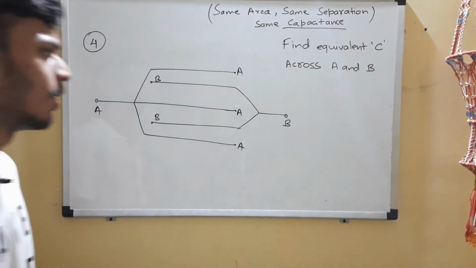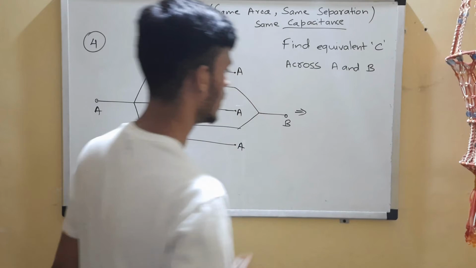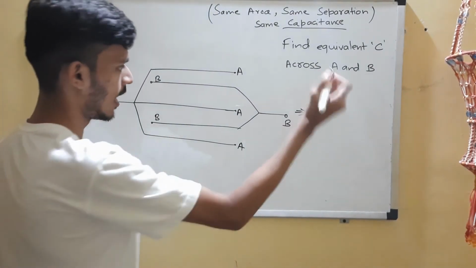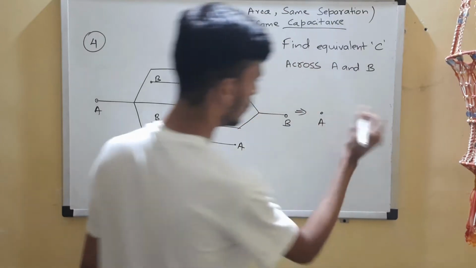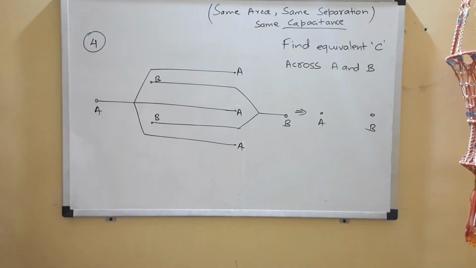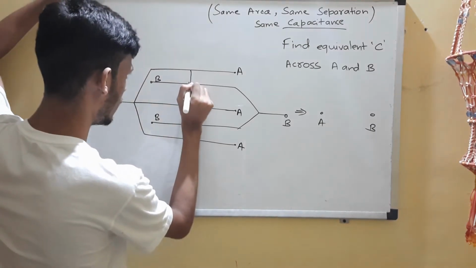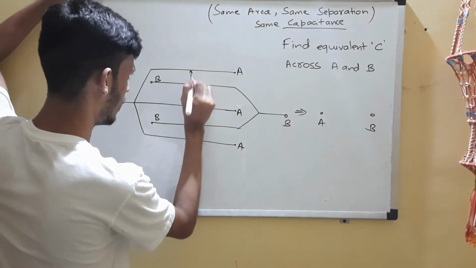Step 2 is to draw a simple circuit. Okay, so let's come over here. We have only 2 points, and those two are the terminals A and B itself, right? So no points in between. As you can see, we have only A and B. So you can see that this plate is connected between A and B, right? A and B, these two plates.